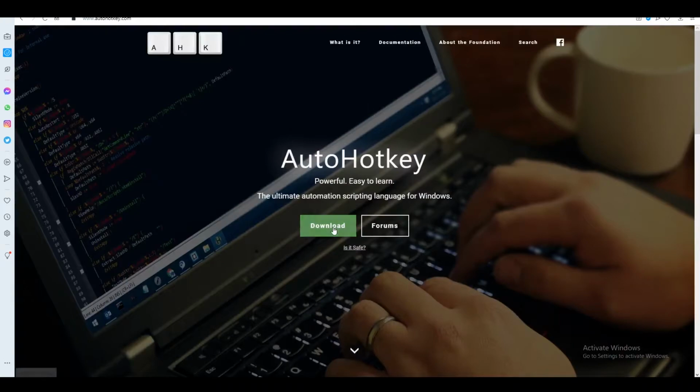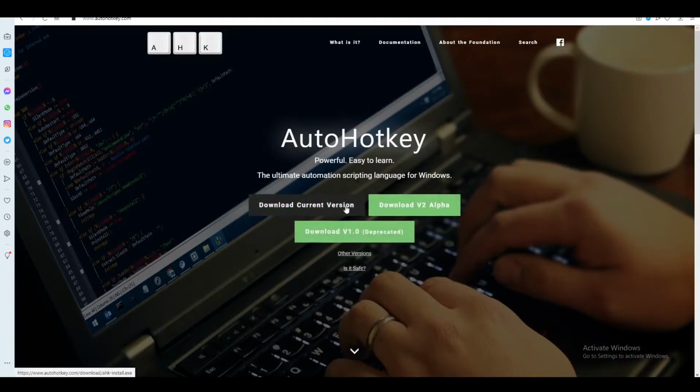First, we're going to download AutoHotkey, and that's just a scripting language that can automate keys, clicks, and other stuff